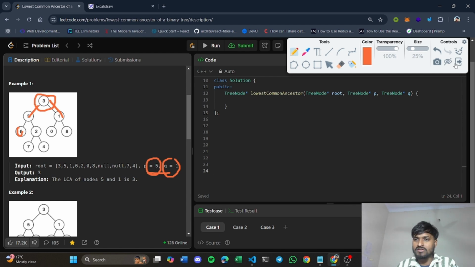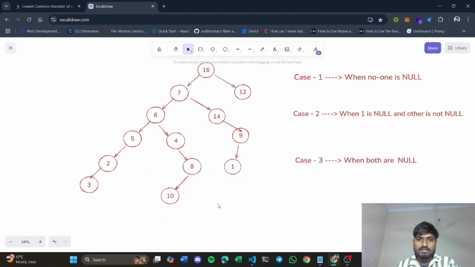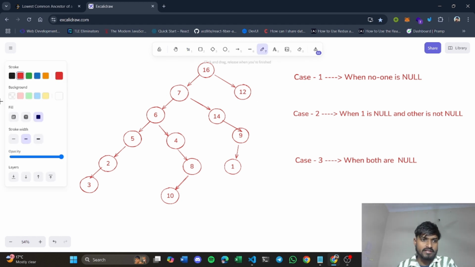So let's understand this question in a better way. This is another example. Let's consider various points here. Let's say what will be the lowest common ancestor for this node 5 and this node 9. You can see here, when you traverse back from node 5, you will reach a common point from these two nodes, right? When you also traverse back from node 9, you reach a common node, right? So this 7 is basically the common ancestor, or you can say the lowest common ancestor, of these two nodes, right?